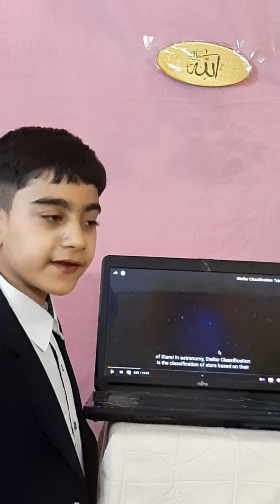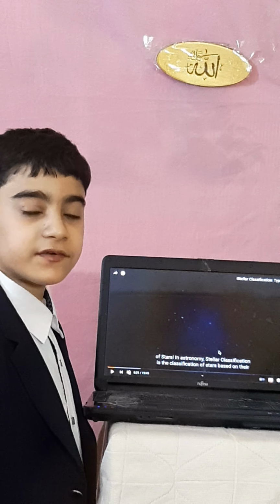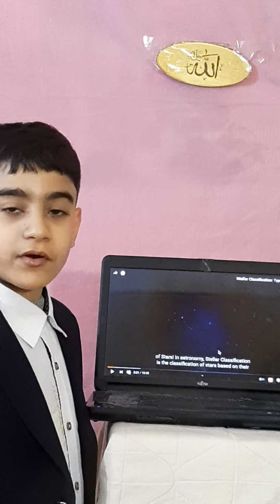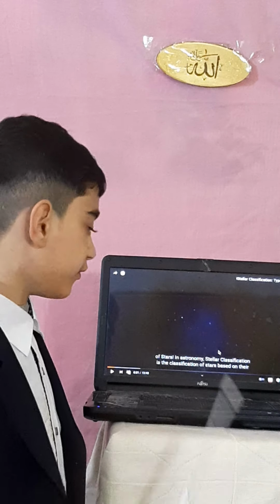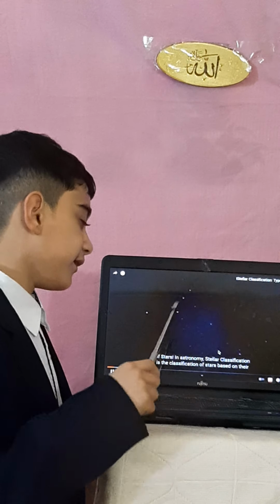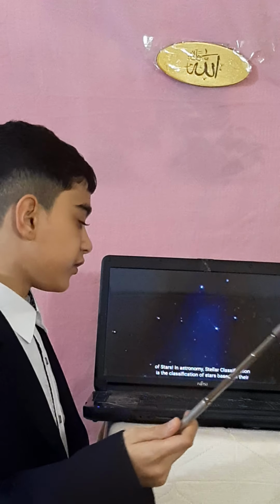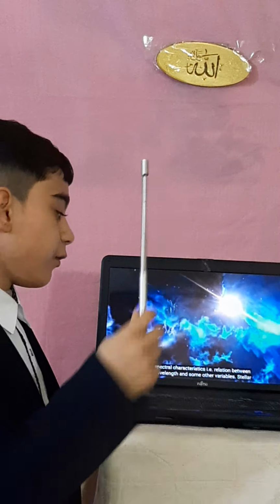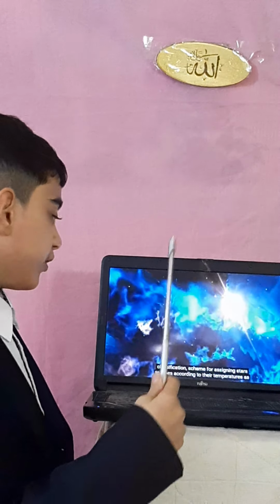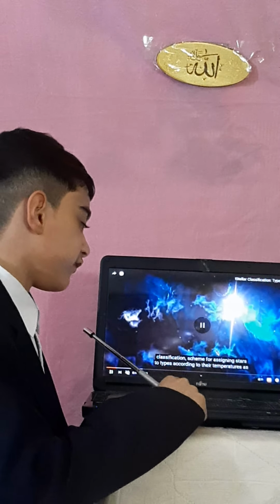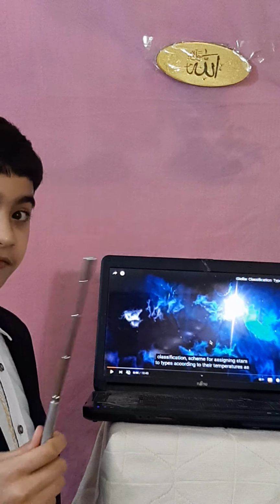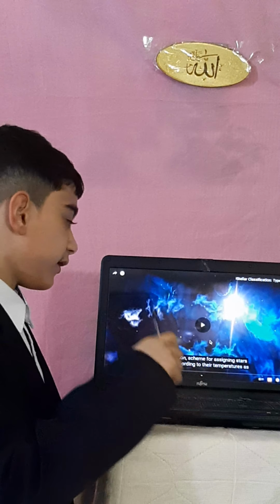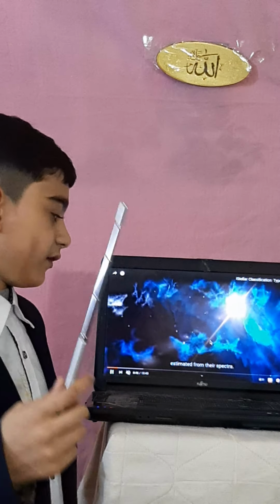We're going to understand star classification and types of stars. If you haven't heard about star classification, well, good, you have landed in the right video. The classification of stars is based on their spectral characteristics, the relation between wavelengths and some other variables. Classification is a scheme for assigning stars to types according to their temperature and their luminosity,